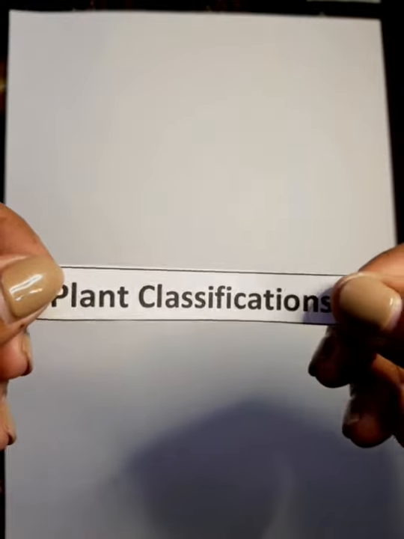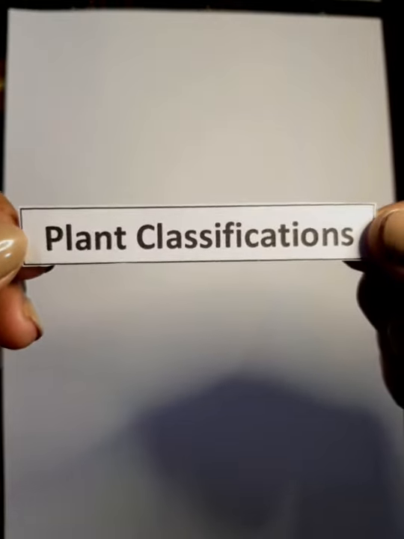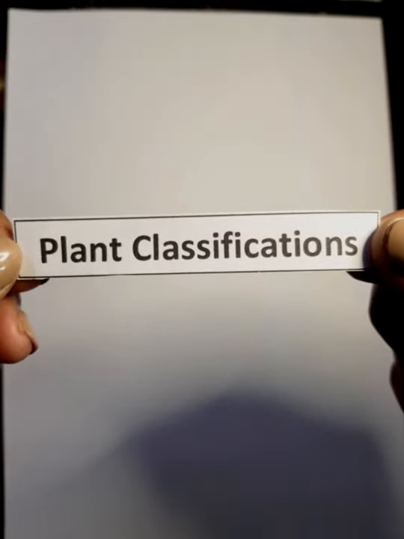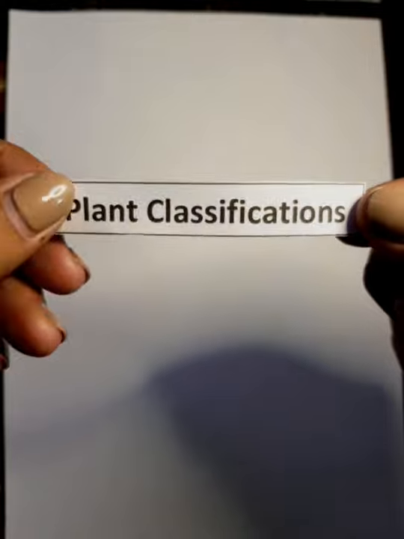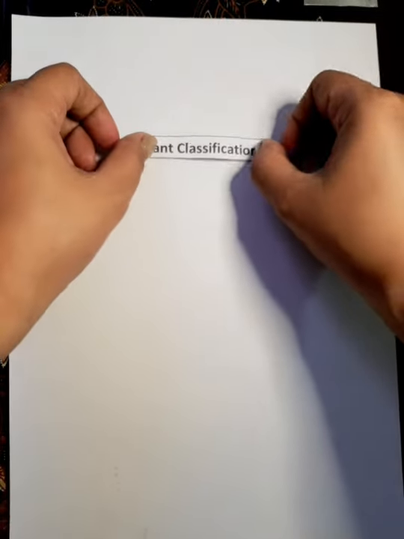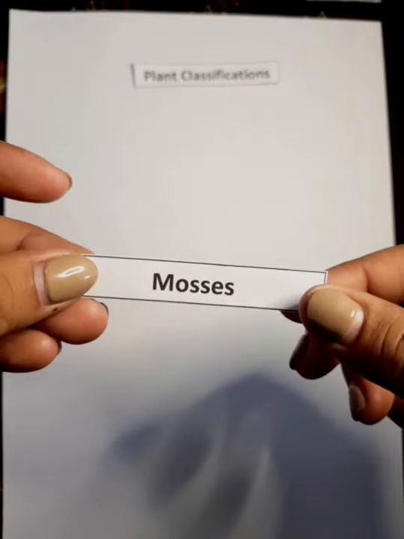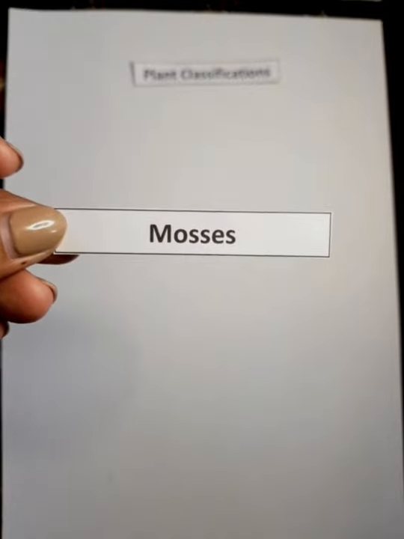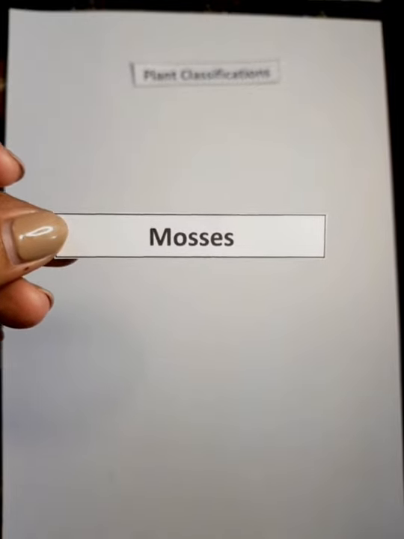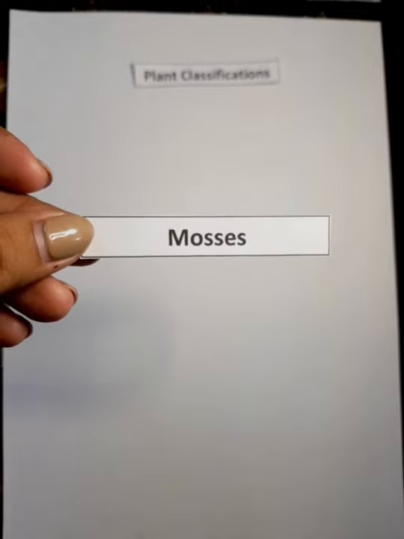Okay, we are going to learn about plant classifications. We have 4 classifications that we will discuss today. The first, we call it the mosses. What is mosses? Mosses are the plants that they are called